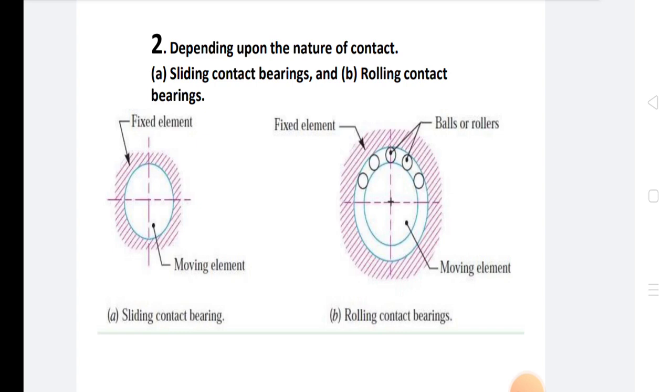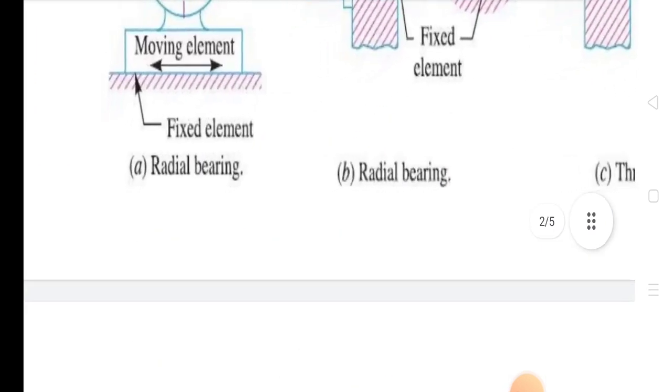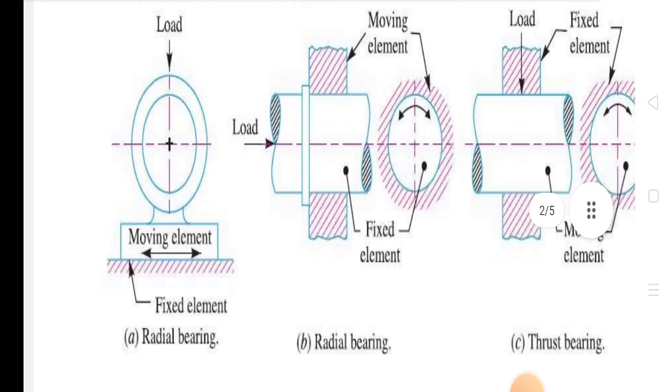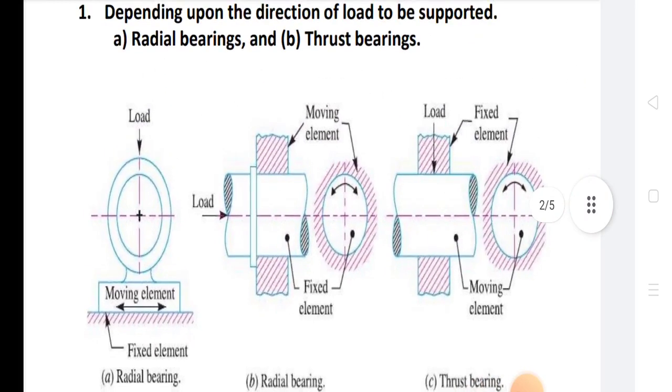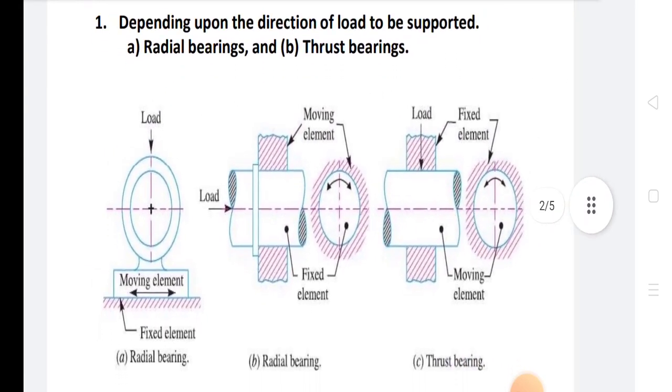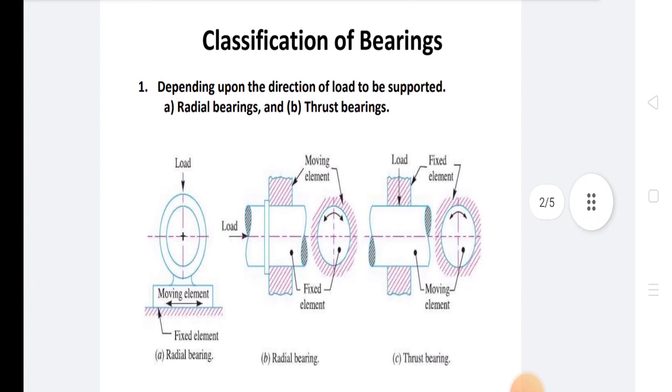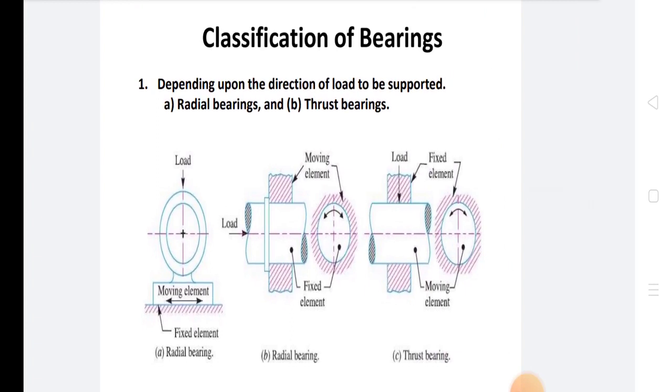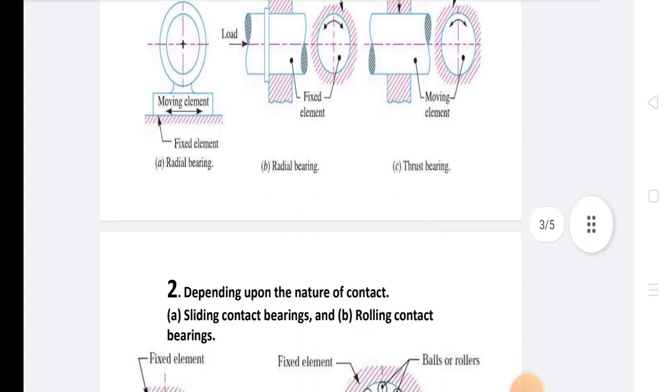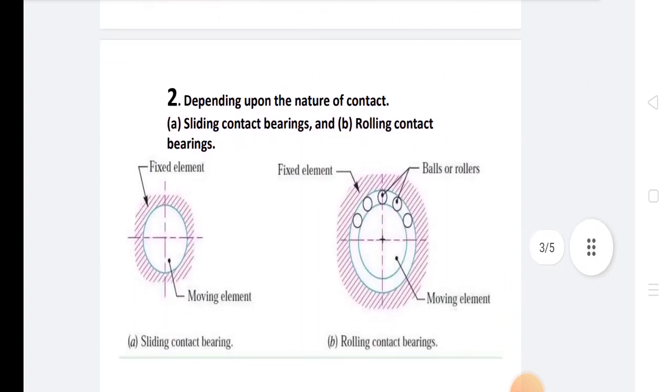In the thrust bearing, the load acts along the axis of the shaft. Next, the classification of bearings based on the nature of frictional contact: